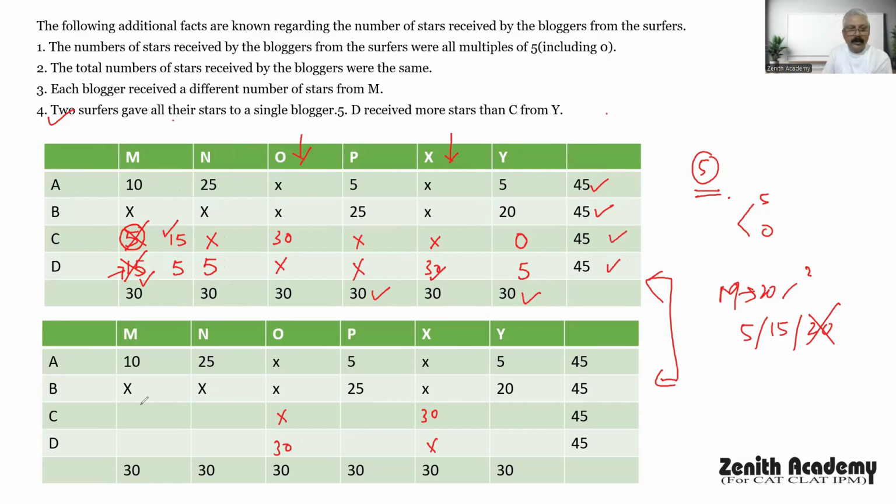Similarly here, this case will be the 15 and 5, 15, 30, 45. Here it was 0 and 5. So cancel this. And here 25, so this is going to be 5. 5 plus 5, 10, 30, 45. So these are the two possibilities. Two cases are possible here. And now we can answer the questions. So let's see the final presentations.